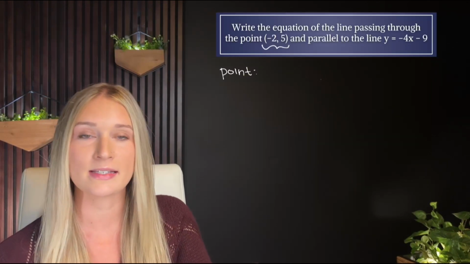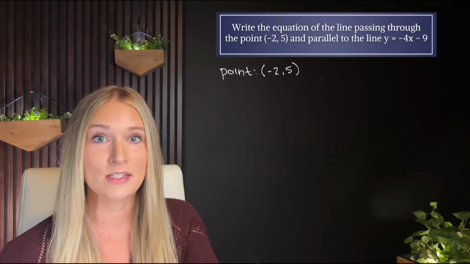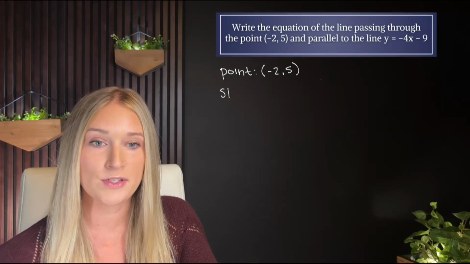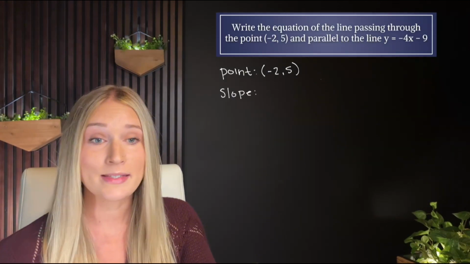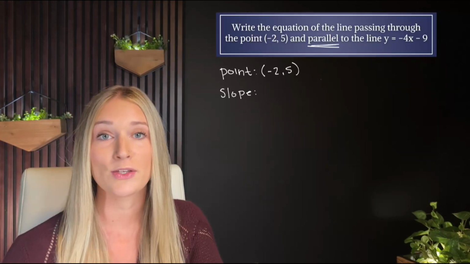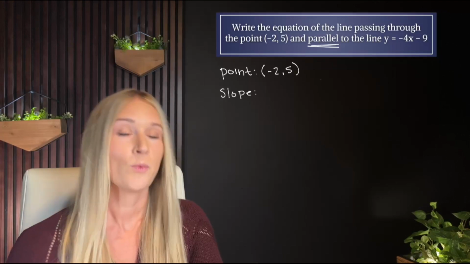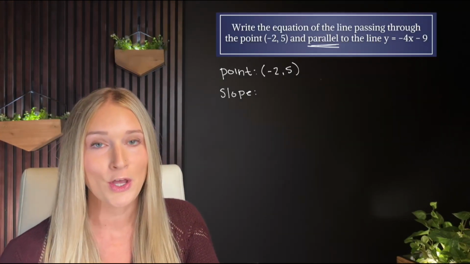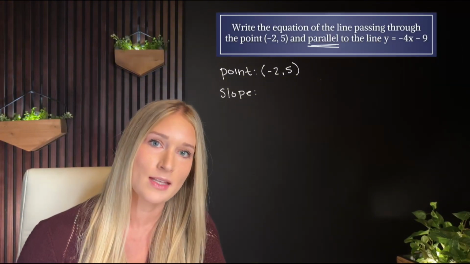Our point is -2, 5. The second thing that we need is to know what your line looks like, and that is found from our slope. But notice in our question, we're not given the slope. Instead, we're given the information that your line is parallel to some other line. Well, what we know about parallel lines is that they have the same slope. So the slope of my line is going to be the same as the slope of this line because they